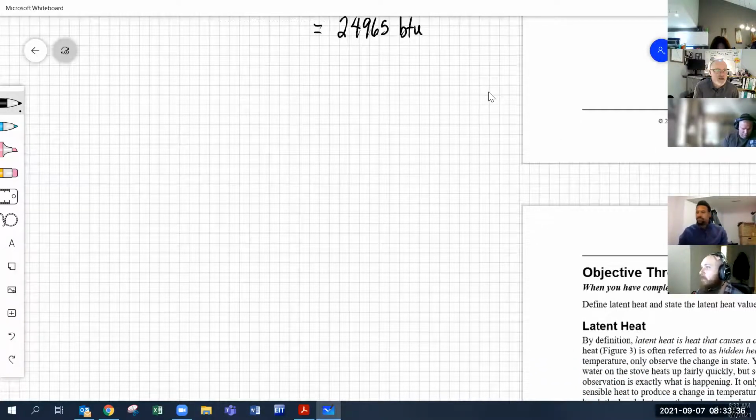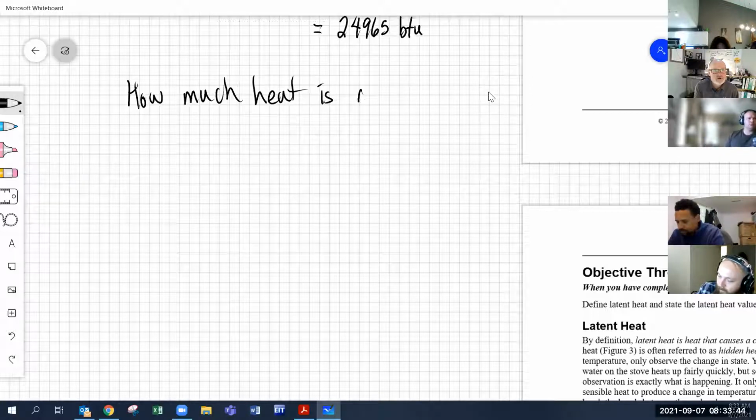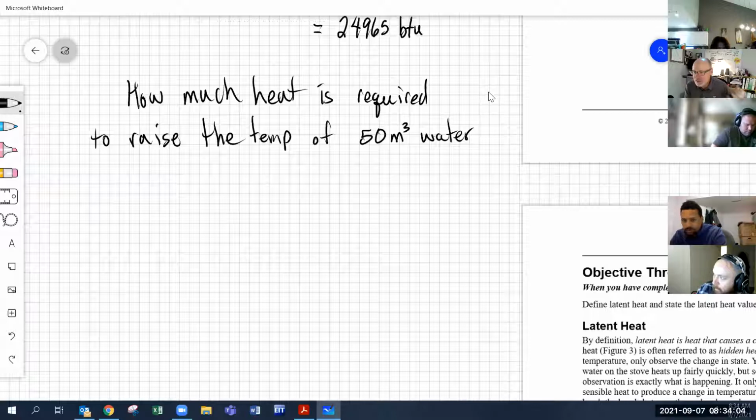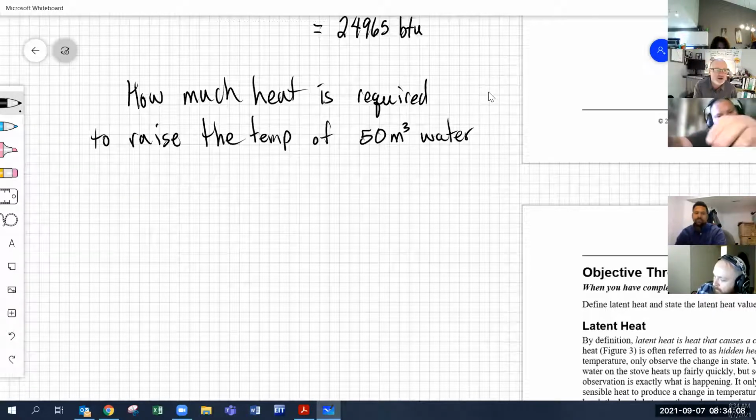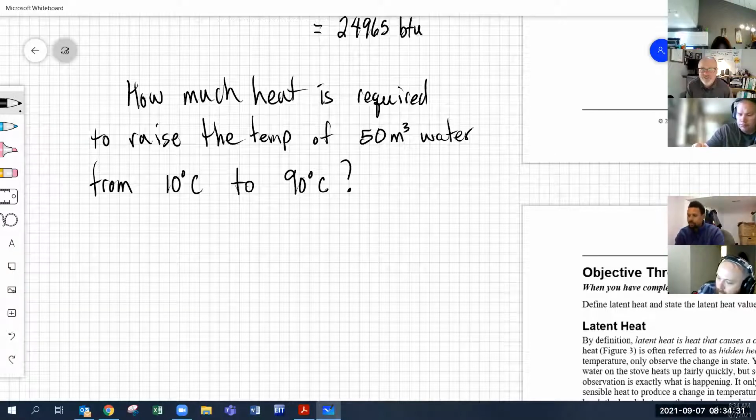So I want to know how much heat is required to raise the temperature of 50 cubic meters of water. I have a hot tub, and I want to know how much heat it's going to take to raise that 50 cubic meters of water from 10 degrees Celsius to 180. Oh, well, that's going to be too hot. 180 degrees Celsius cooking. To, let's go 90 degrees Celsius. How much heat is it going to take to raise my hot tub water, my 50 cubic meters of water,